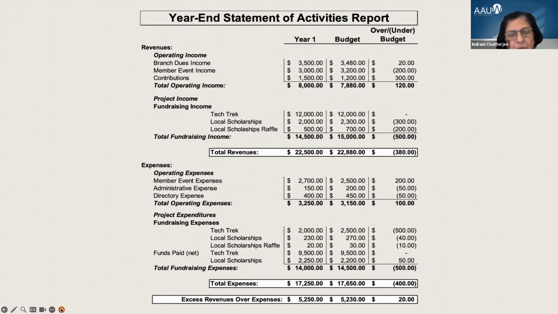Kathy, next slide. Once 12 months have been completed, your year 1 budget actual will look like this, and that will be compared with your budget. And that will give a very clear picture of how the branch has done. Over here, I see the branch has done very well. They kept a very close eye on their budget versus actual. This is the ideal, but it does not always happen.